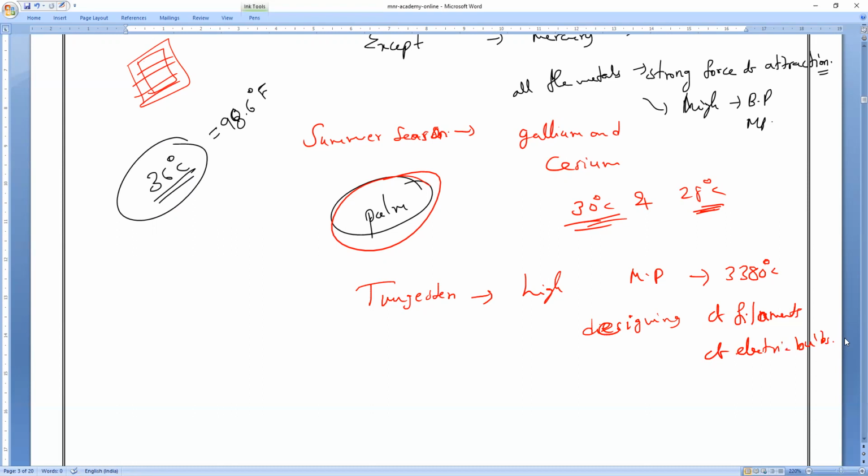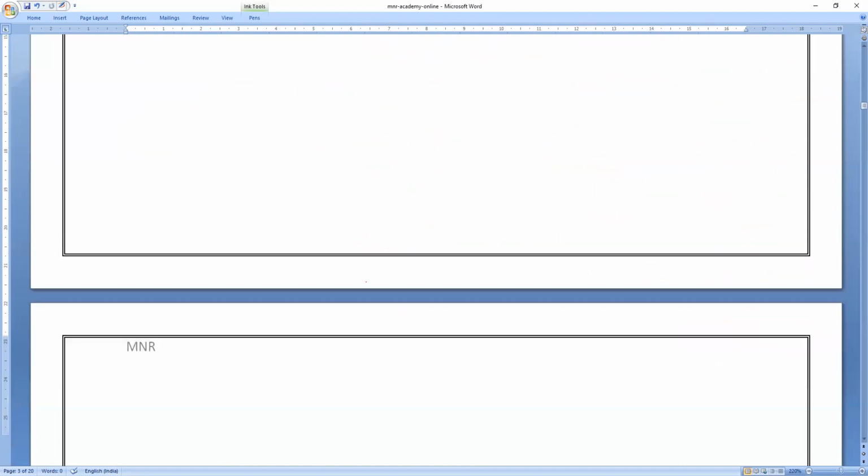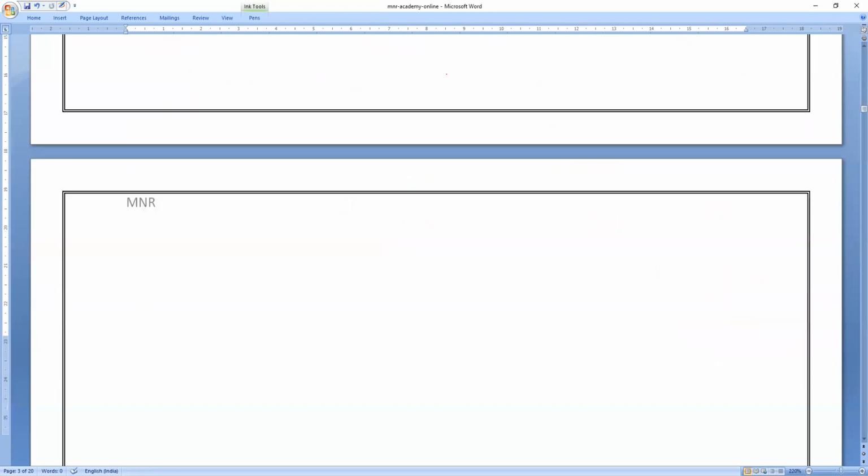From here, we will continue in tomorrow's class. So metals have high melting and boiling points. Once this is over, there are a few more properties and then we will start with the chemical properties of metals. Chemical properties onwards, it will be very interesting. So please kindly revise whatever we studied and don't go to bed. Focus on work and we can get back to the work after 5 or 6 minutes. Thank you, everybody. We'll meet in tomorrow's class.